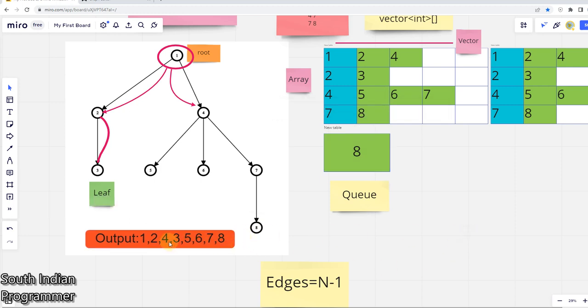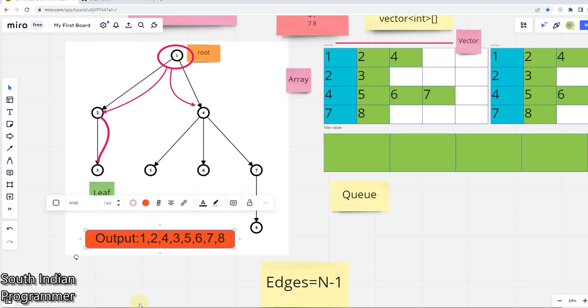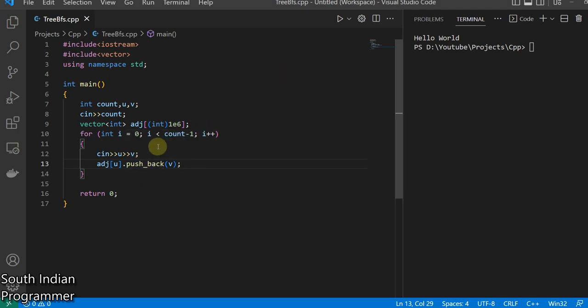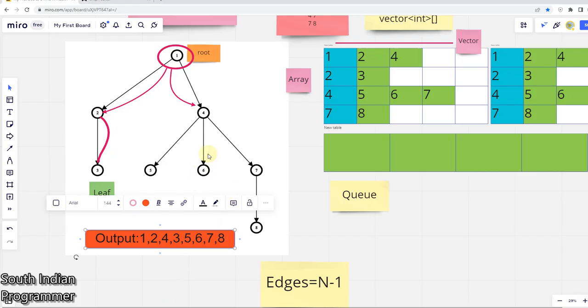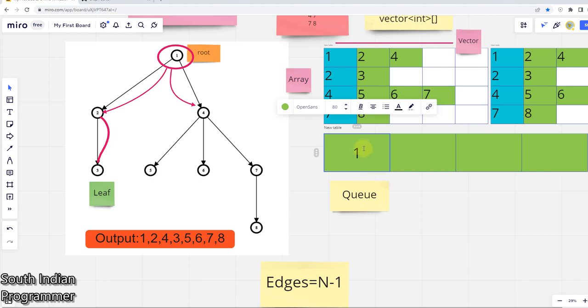Okay, this is the output we got. This same thing we have to implement with the help of a queue in the code. This is what the breadth first search algorithm is. Okay, one more time I'm repeating, not much. First we'll take 1 and we'll see how many children are attached to it. So 1 is there. First we'll insert 1, and then we'll take that out and print it, and we'll see what all is attached to it. We'll add 2 and 4,